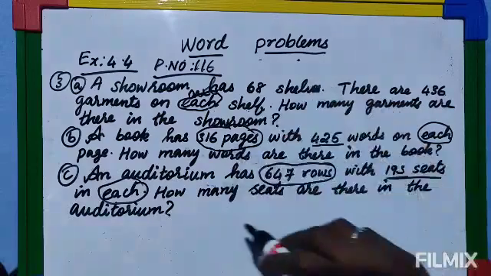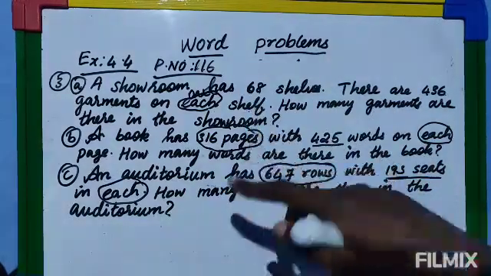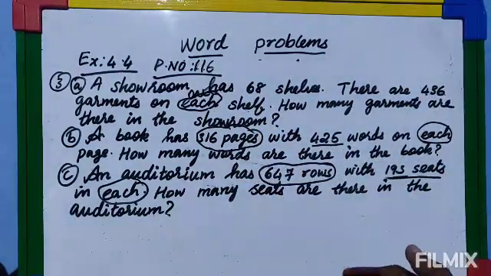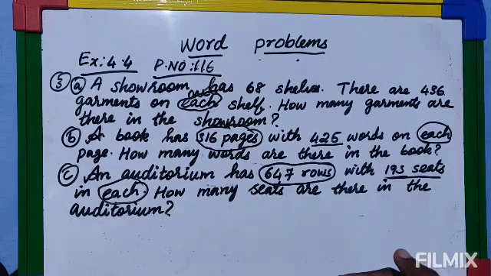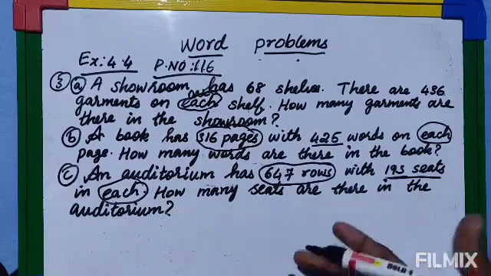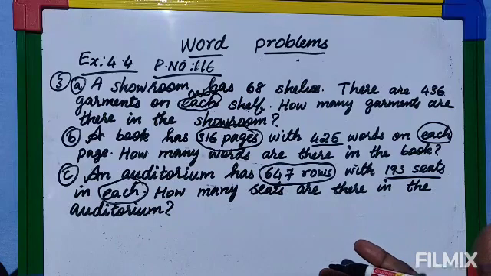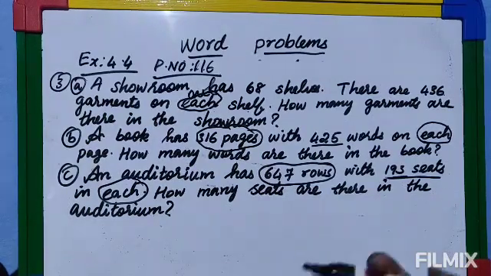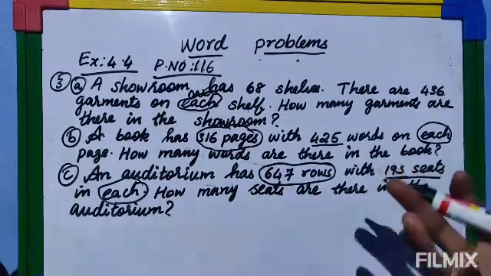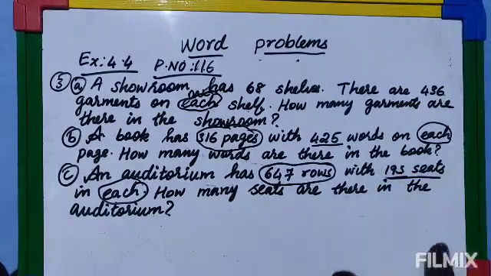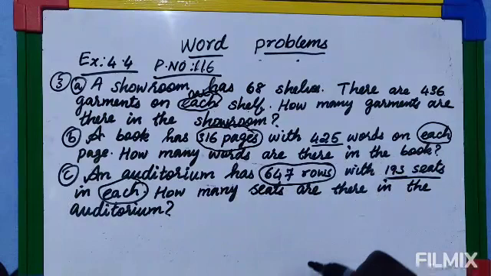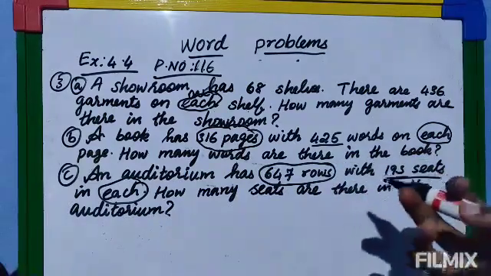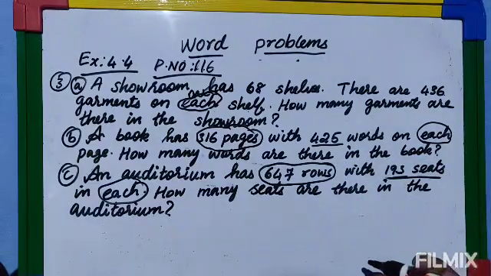So all this you can understand. It is given for one and they are asking for many. So given for one and asked for many means you have to multiply. When you multiply you get the big answer. When you divide you get the small answer. So asking for many means it should be bigger, and bigger means you have to multiply. If asked for one, it should be small, then you have to divide. That way you remember it in the mind. So asked for many means you have to multiply.